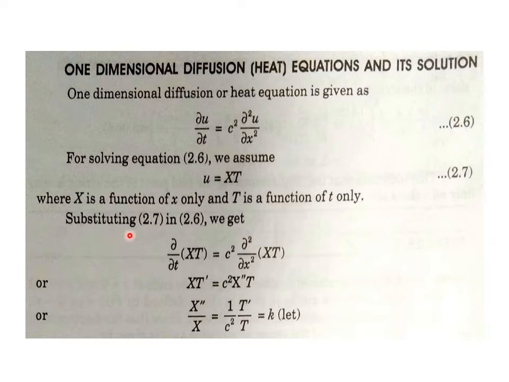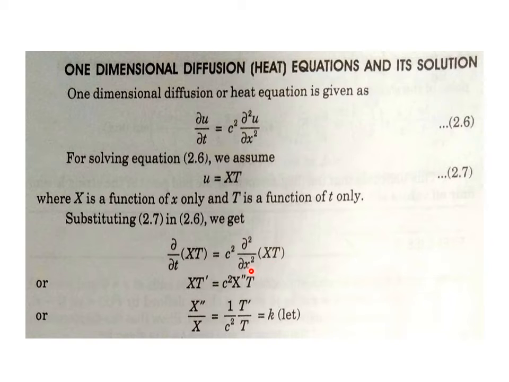Now substituting equation 2.7 in 2.6, what we get is del by del t of u, meaning capital X into T, equals c square into del 2 by del x square of u, again meaning X into T. In the partial differentiation with respect to t, capital X, a function of small x, is to be treated as constant, so its partial differentiation is with respect to capital T only, that is del capital T by del small t, which is similar to d capital T by d small t, written as T dash. The right hand side is c square del 2 by del x square of capital X into T, where capital T is to be treated as constant, and del 2 by del x square of capital X becomes d2 by dx